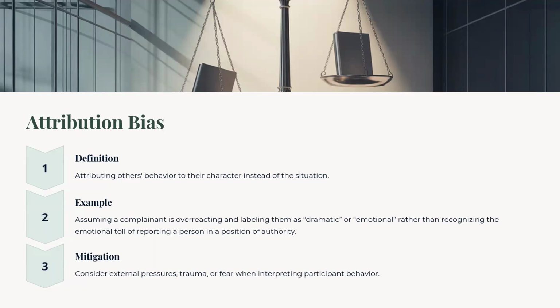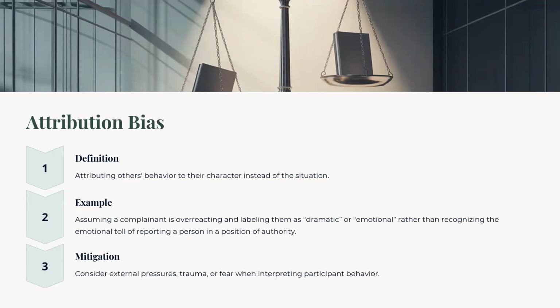We want to consider external pressures, trauma, or fear when interpreting participant behavior. And so when we're thinking about bias in general, it's really important for us to slow down our decision making. We don't want to jump to any early conclusions. As I shared before, we want to make sure that we are taking the opportunity to gather all of the available evidence. We may think about using things like fact matrices, tools that help us to ground ourselves in the facts and evidence of the case